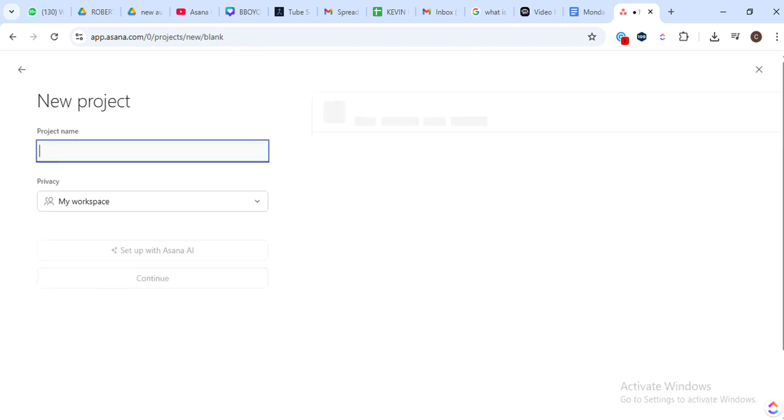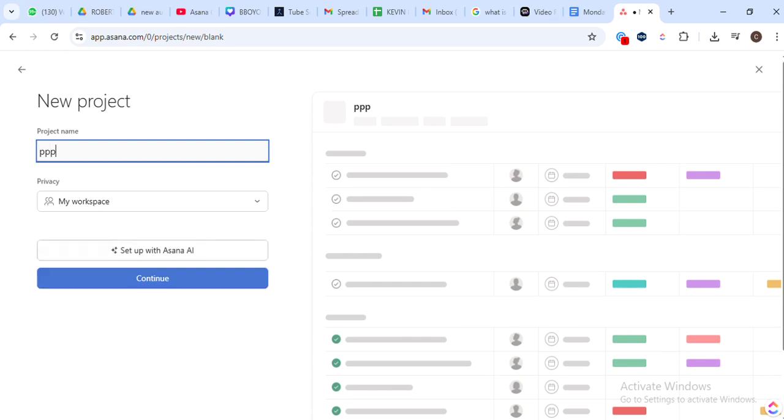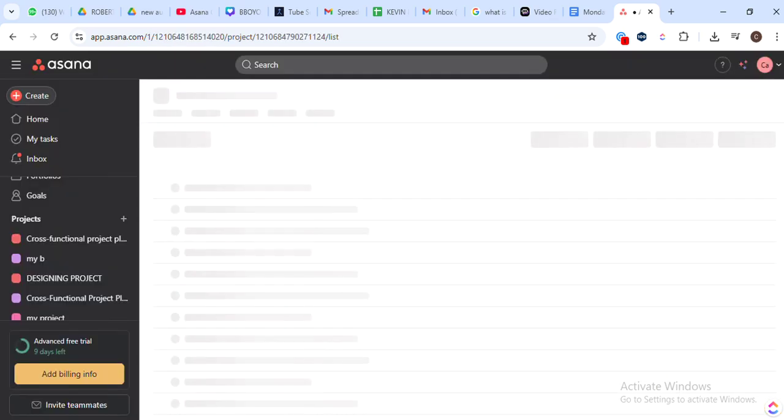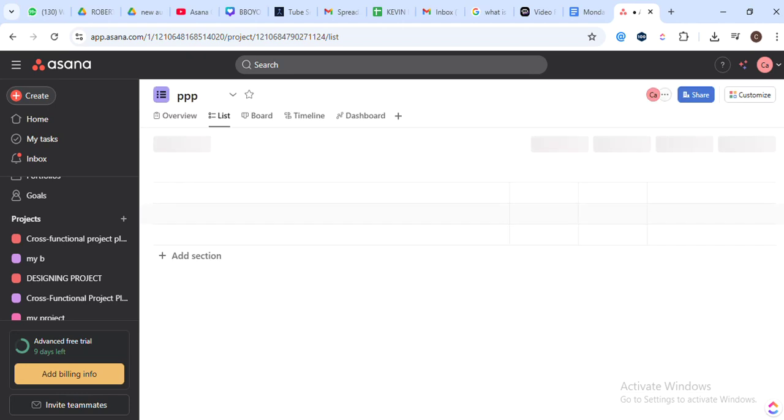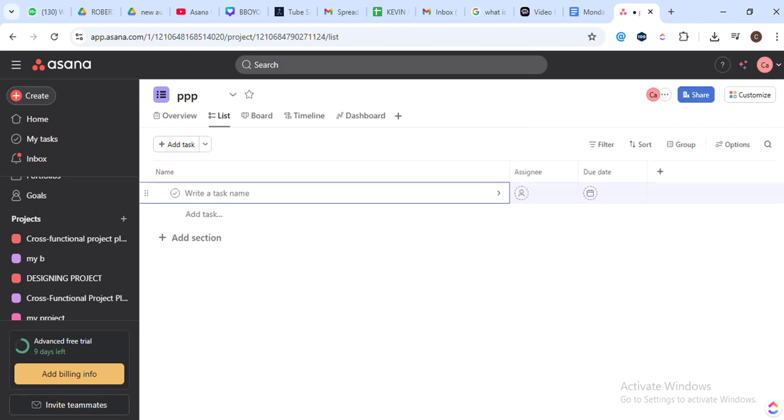First up, you're going to navigate to the project where you want to add your tasks. Now that we've done that, click on the Add Task button. The reason we do this is to open up the task creation window where you'll enter the details of your